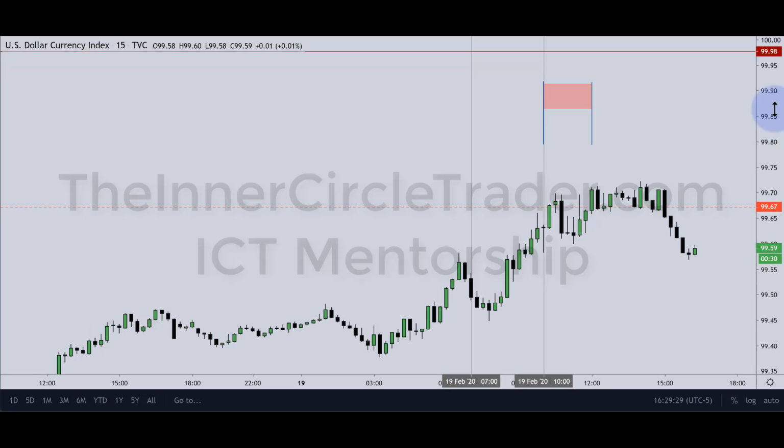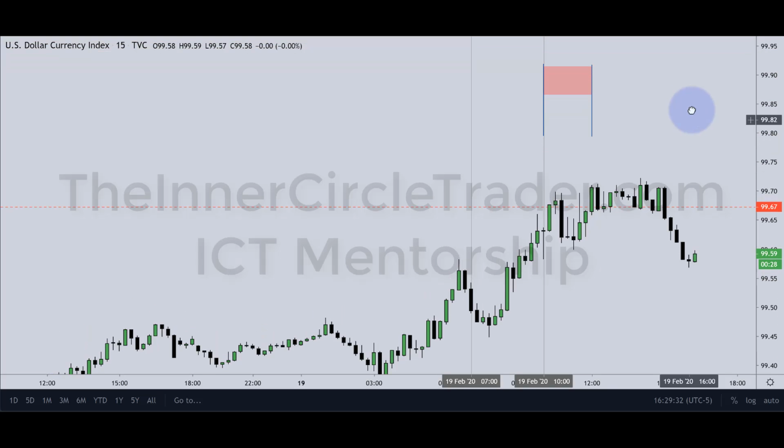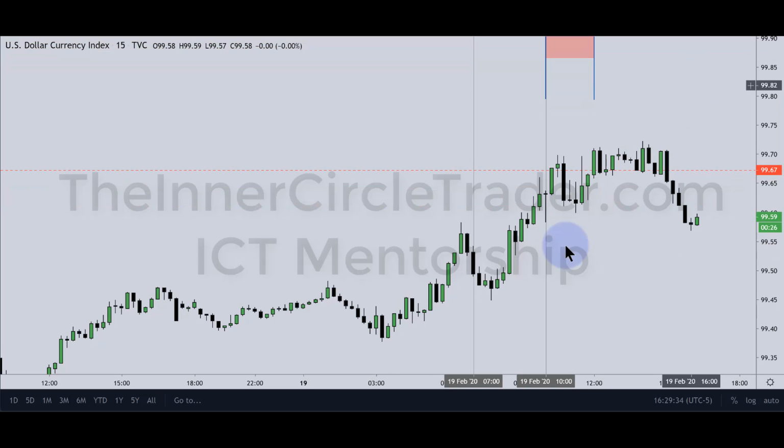And I'm just going to elongate that a little bit because we don't need that weekly objective right now. So we have the order block, price trades in here. So now, what does that mean for the dollar? Okay, clearly it's going to go higher. That's what it implies. So our expectation is we want to see price go higher, and then every down close